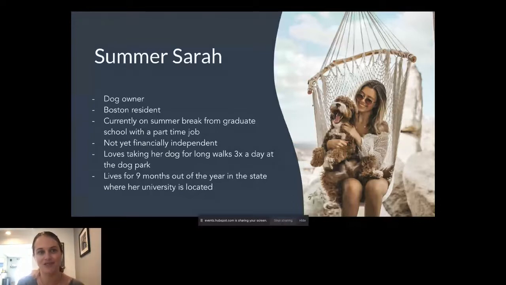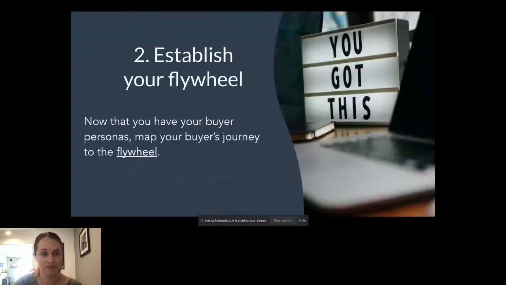She's busy in grad school. She has a part-time job. She's not really in a financial position to be spending extra money on services, especially ones that she doesn't need. So I really like to highlight and contrast the two of those because if you were only looking at location and dog owner, you would actually be targeting both these people, but only one person would be a fit for your services. So having that anti-persona is really important and making sure it's detailed as well.